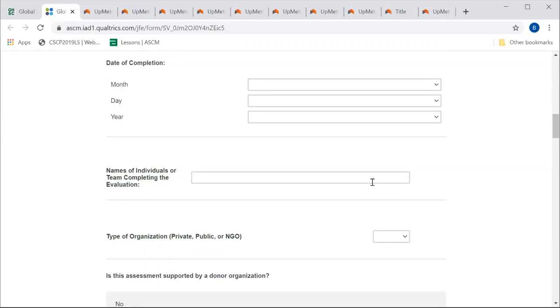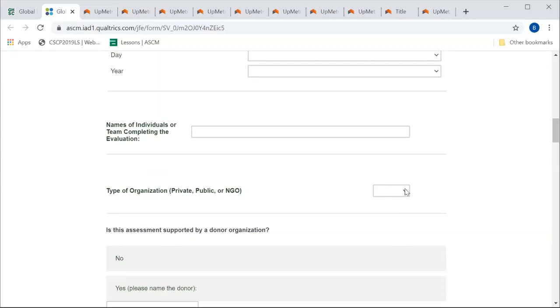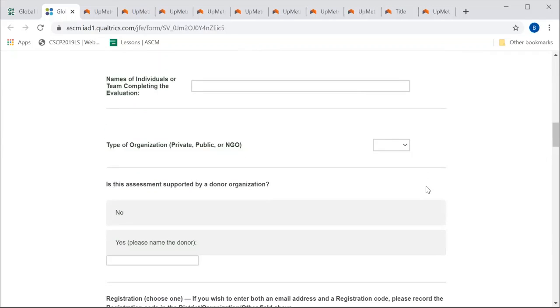And then we also have the names of the individuals that will be completing the assessment. So it could be the team names or any name by which you desire to be identified. That is what you can use here. Now we have another drop-down list that talks about the type of organization. It could be private, it could be public, or an NGO. So this helps in order to view later on how private organizations are performing, how NGOs are performing, how public organizations are performing. So for each piece of information that you provide here, there's also a way it can be used to query some other information at the back end.